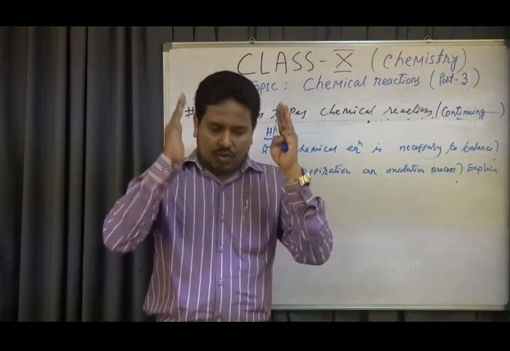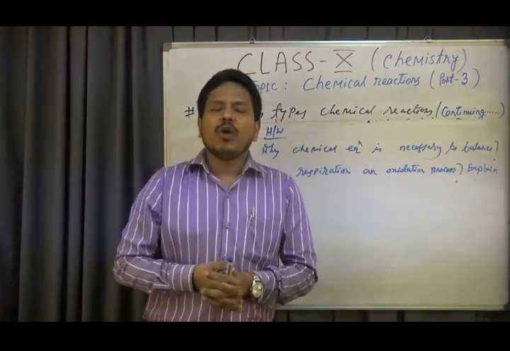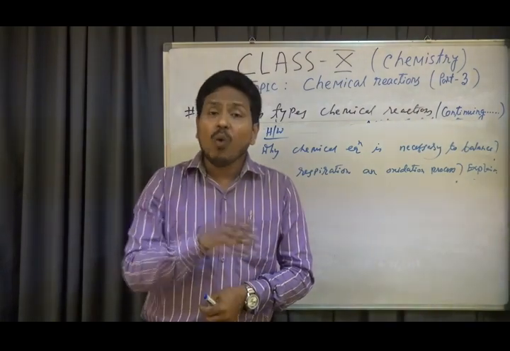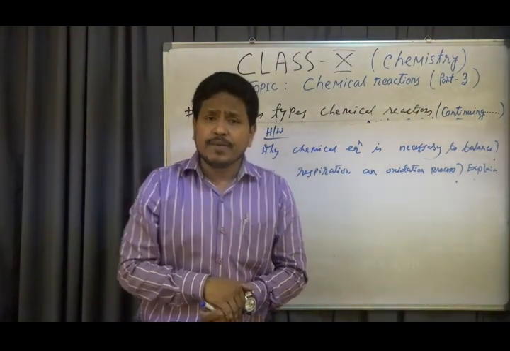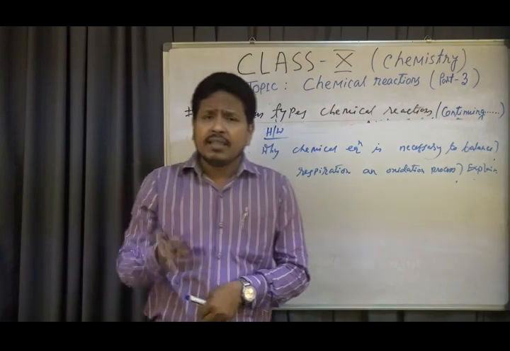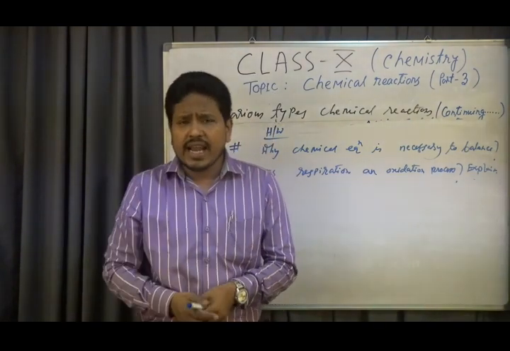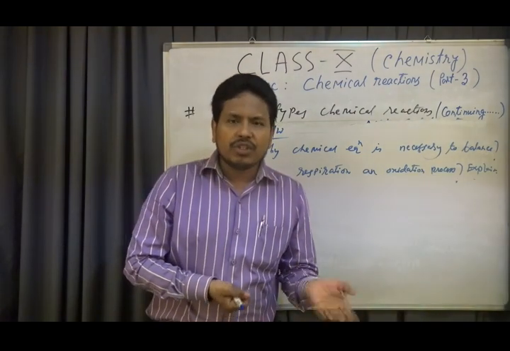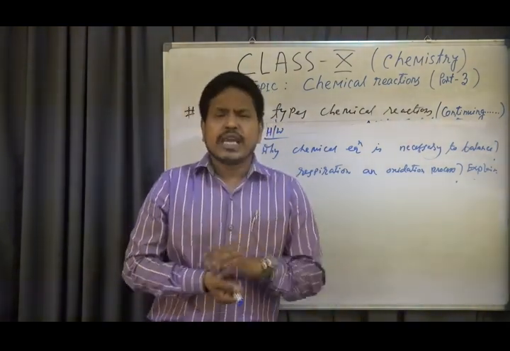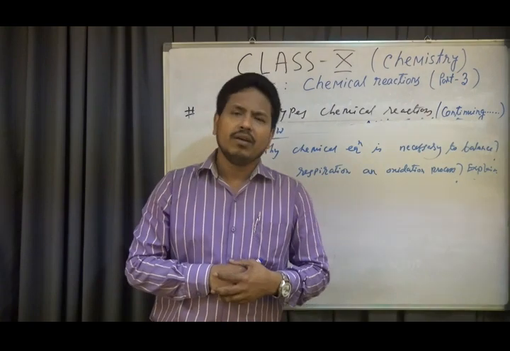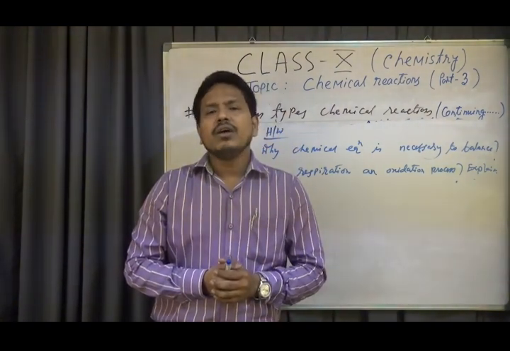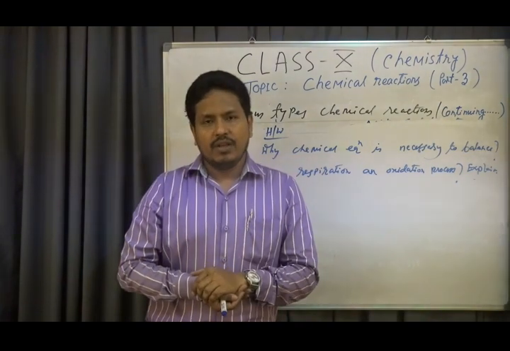Okay. So a lot of reactions are there in your book. You have to do that. How to write a correct chemical equation: word equation, skeleton equation, balanced equation. Identify the type of the reaction. Is it a combination reaction? Is it an oxidation reaction? Is it an exothermic process? Is it an endothermic process? Double decomposition, double displacement, decomposition reaction, displacement reaction, whatever I have discussed in these three lectures for this chapter, you have to revise it carefully.